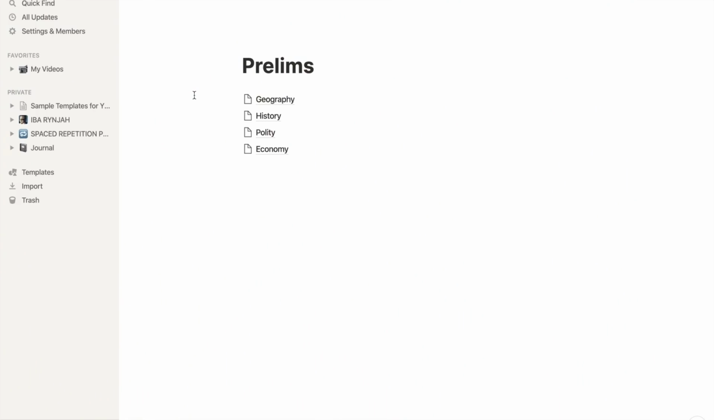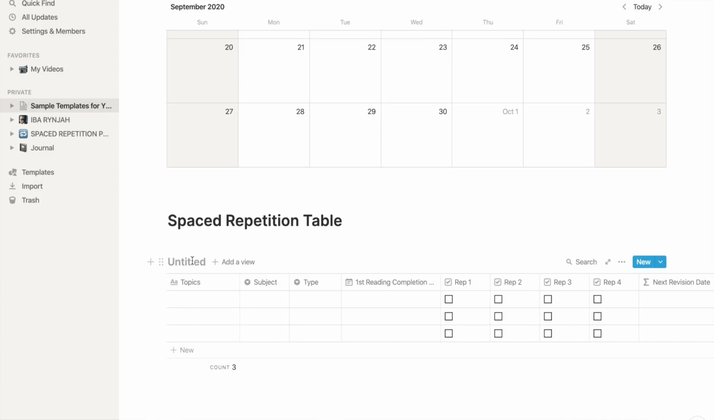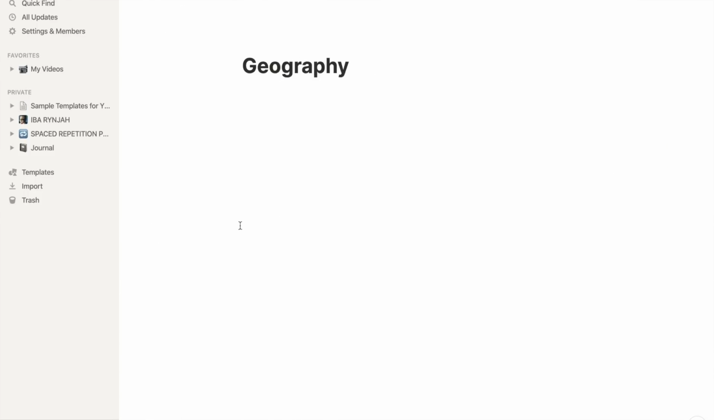Now go to your prelims or your mains page where you have organized your notes subject wise. Here you can create a linked database to this spaced repetition table. Now you need to remember the name of that spaced repetition table that you've just made. So here we have named it summary notes, just like I named mine. So in order to link the database,